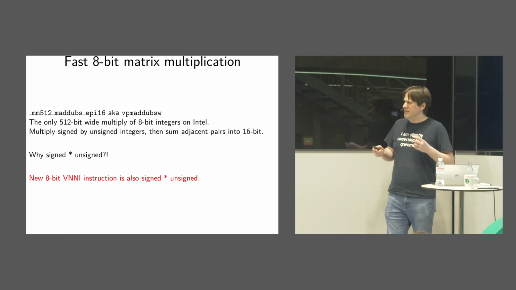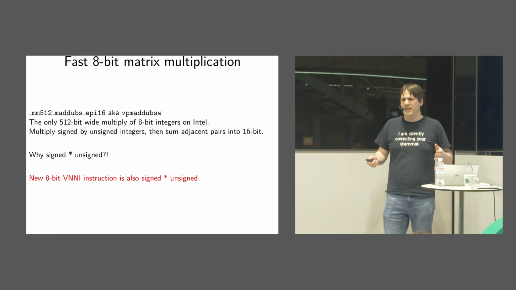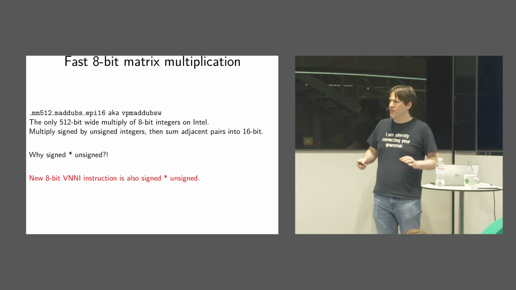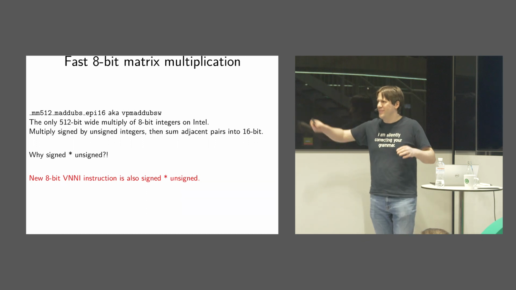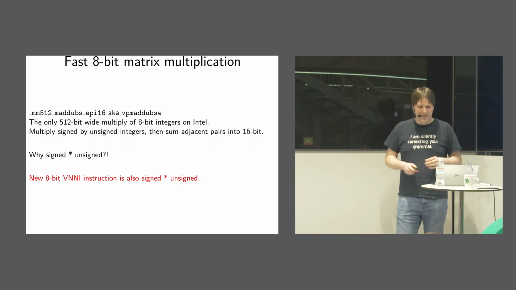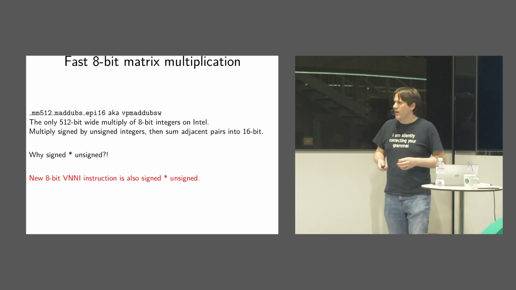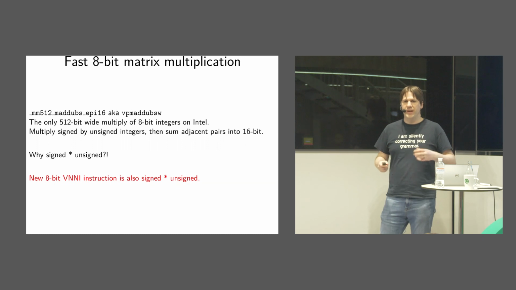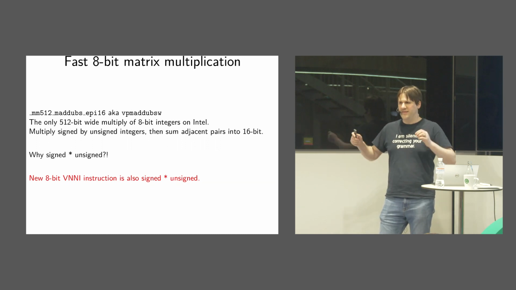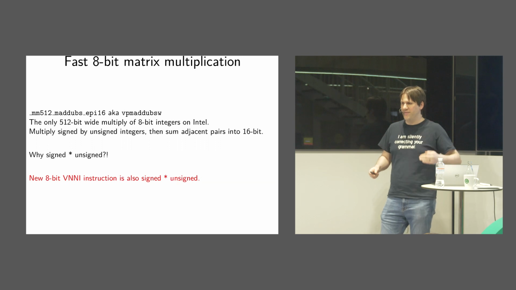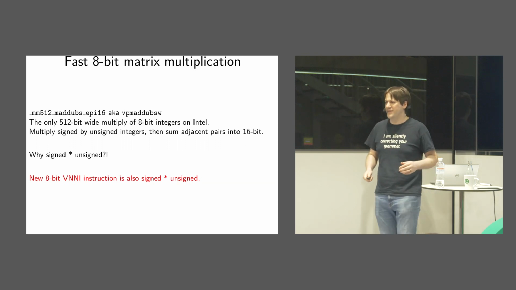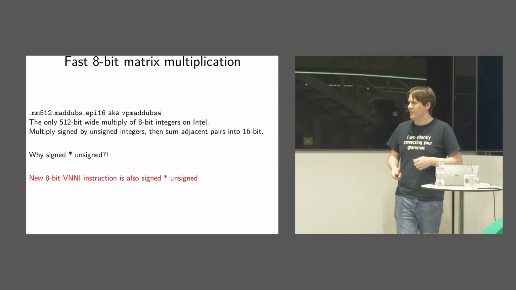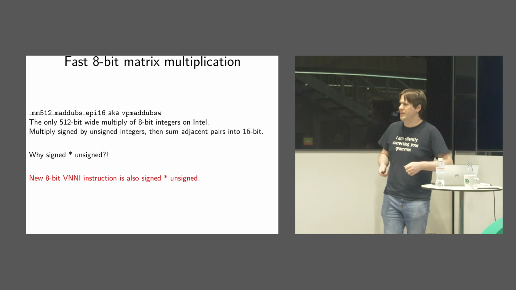And it's unsigned times signed integer. And I've been pressing Intel on this. Why is it signed times unsigned? And I haven't gotten a great answer out of them. And also, even their new instruction, this VNNI thing, which is vector neural network native, is signed times unsigned. So something specifically designed to make neural networks go fast wants one of the arguments to be a signed 8-bit and the other one to be an unsigned 8-bit. I bet you weren't expecting assembly code in this talk.